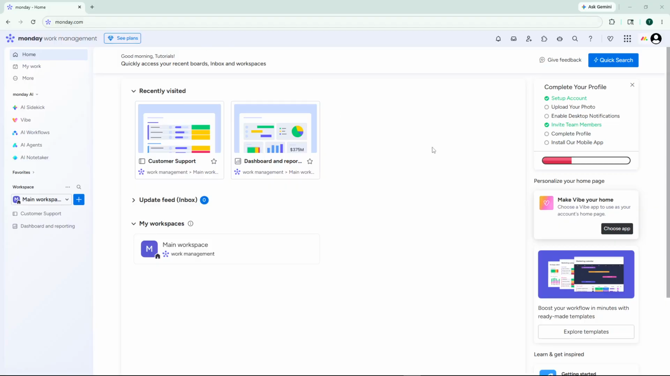First, open your web browser and navigate to Monday.com. Once you're on the page, you'll need to log in using your credentials. This will take you to your main dashboard where all your boards and workspaces are stored. Make sure you're logged into the correct account if you manage multiple workspaces, as this ensures you're working with the